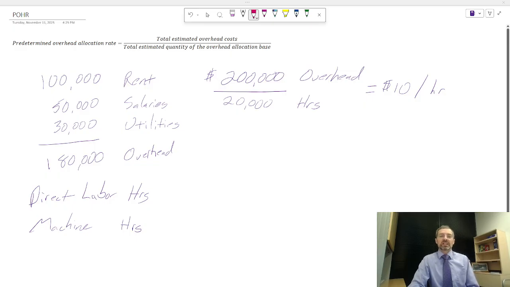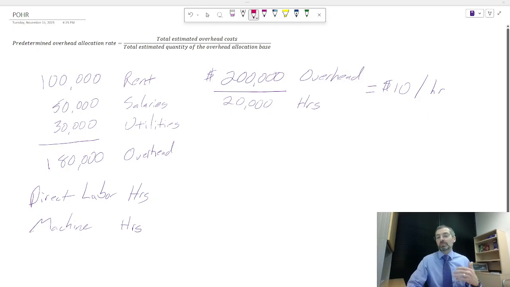So far we have successfully costed a job. We traced direct materials, like the oak lumber, direct labor, Jane working on the table, and most importantly, we've applied our estimated overhead to our jobs using our predetermined overhead rate, or POHR. In this problem, we said we're estimating $200,000 of overhead, and we estimated 20,000 hours of our workers working on custom furniture. And so that translated into $10 per hour of overhead for every hour that our workers were building furniture.